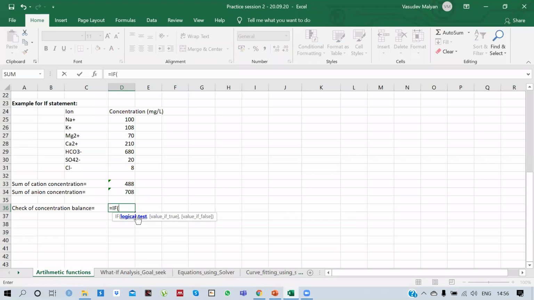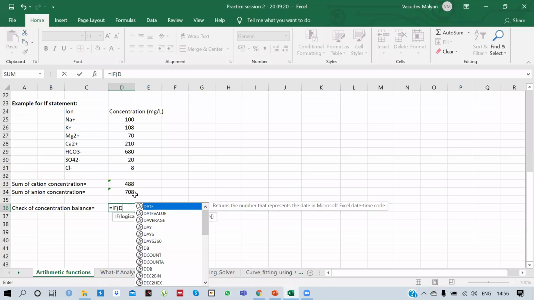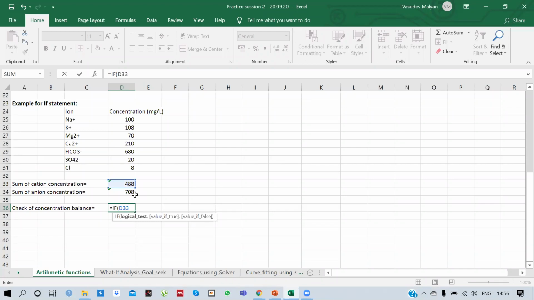Logical test. Our logical test in this particular case is whether the element D33 is equal to the element D34. So I write D33 equal to D34; you can directly select these elements also.